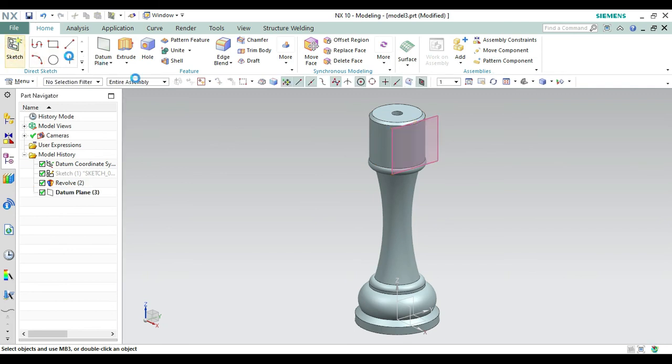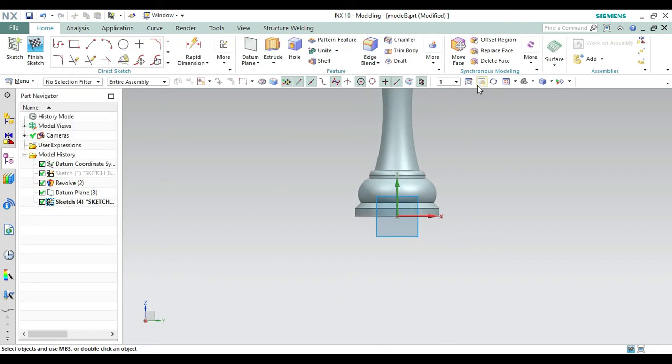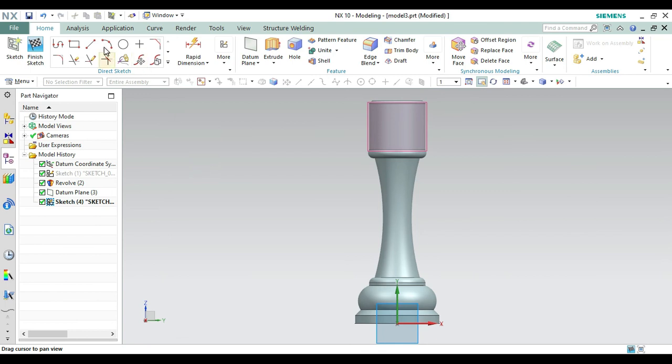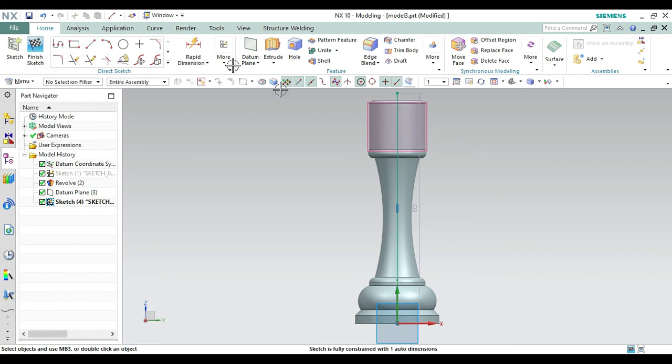So from here make it a sketch. Now let's do the sketch on this datum plane and make it okay. From here let's pan it. First create a reference line from this datum plane to this straight one so we can get the point.